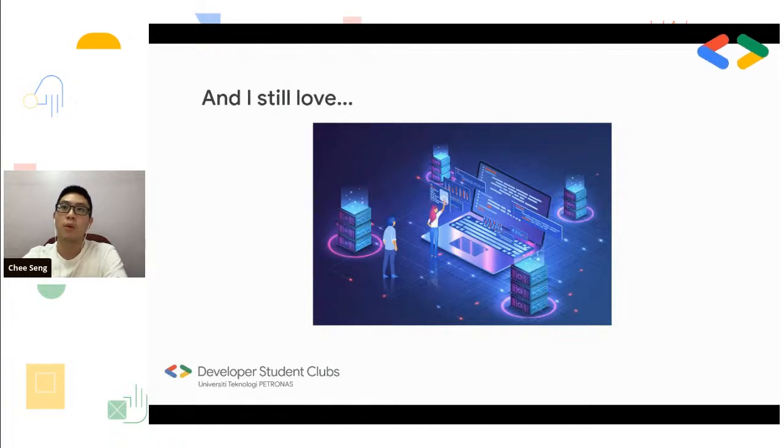So after a while designing, I feel like I still love a lot of technology. You can see here there's like servers connecting around. I think it's servers. So still love technology a lot because I have a very good sense of how technology works. When my friends ask me why this particular program doesn't work, why my computer is not working, I tend to look at it in a different way.